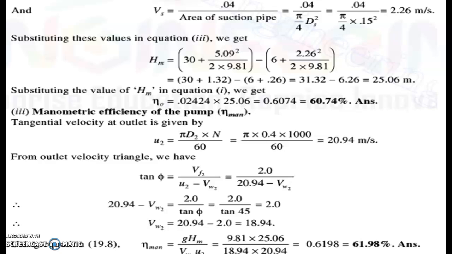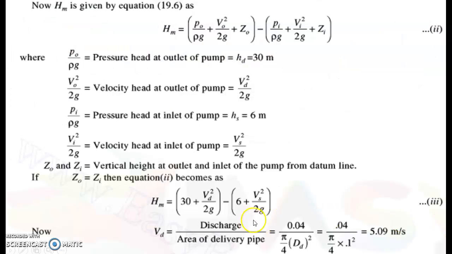Similarly, the diameter of the suction pipe is given. We have the value of discharge in the problem, so we can find out the value of Vs also, that is 2.26, and substituting the same in this equation over here, equation number 3,